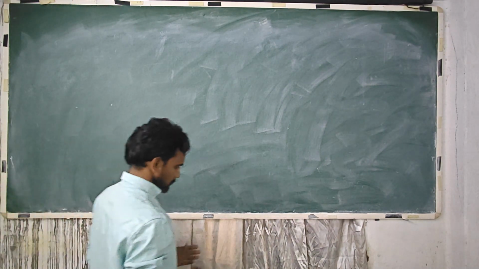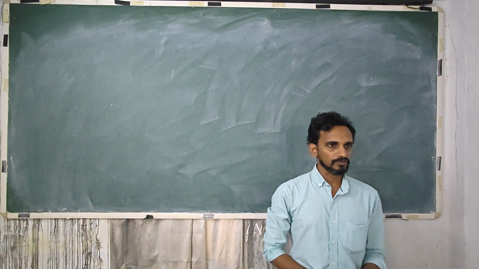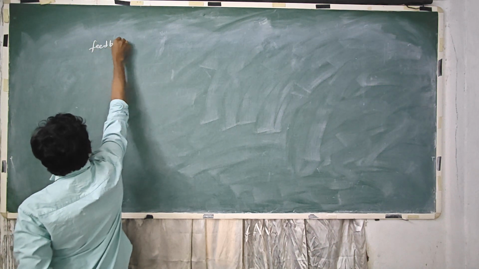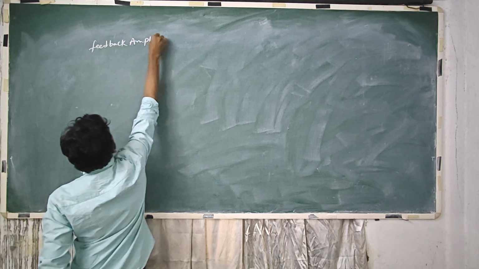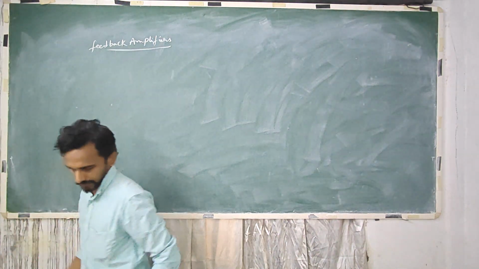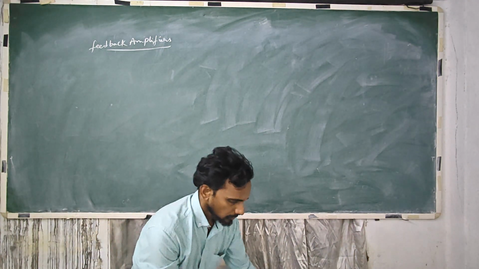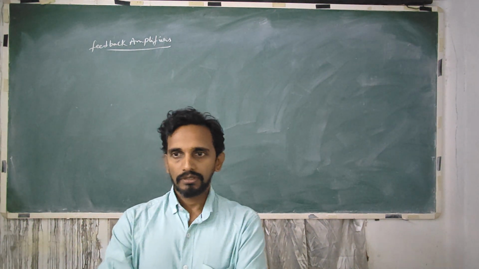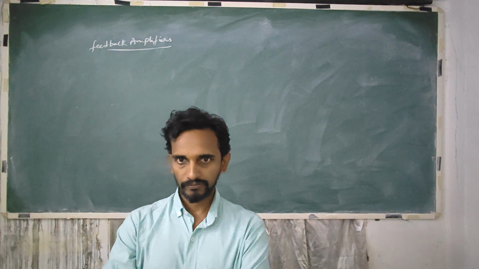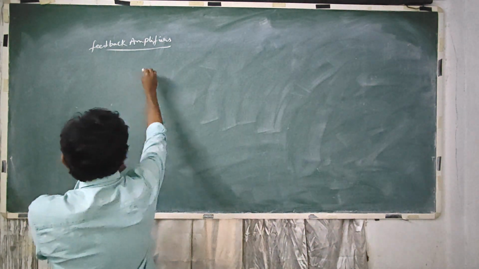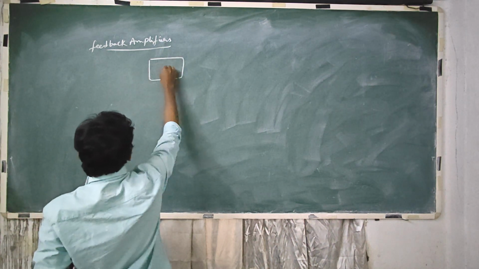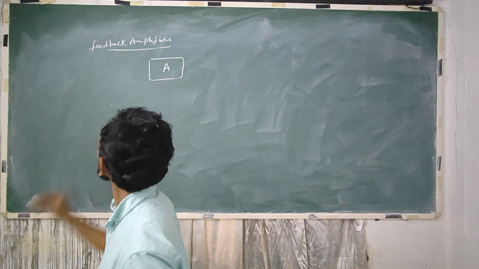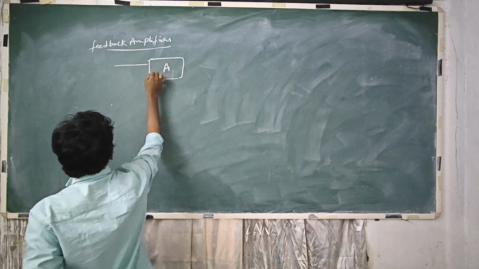So next upgradation to this concept is feedback amplifiers. So what happens if I feed back a portion of the output amplified signal to the input? So let's say I'm taking an amplifier circuit with amplification factor A. A is the amplification factor, and let's say